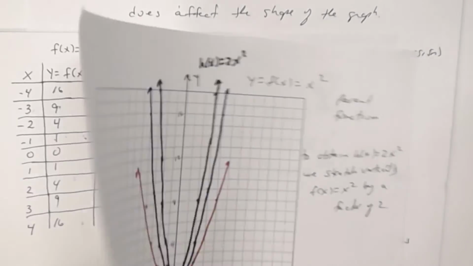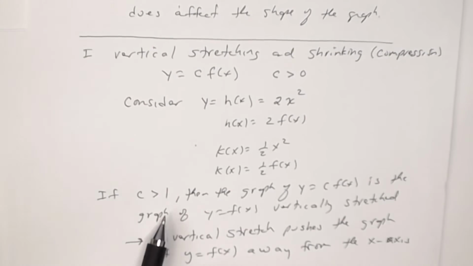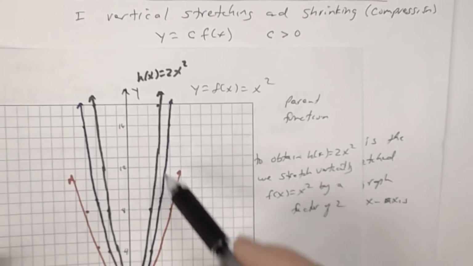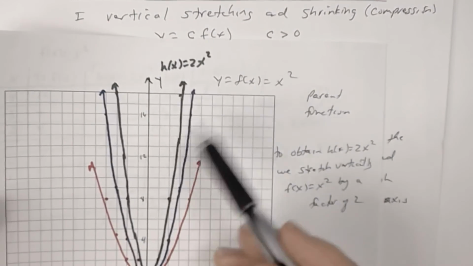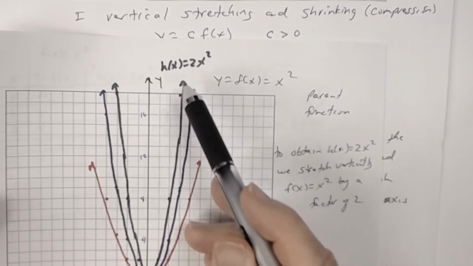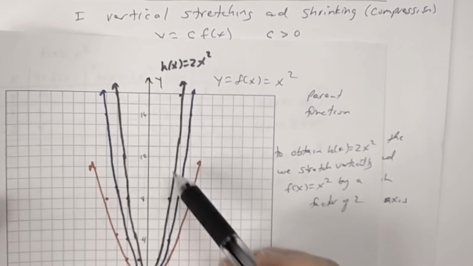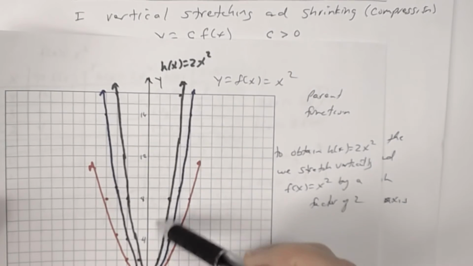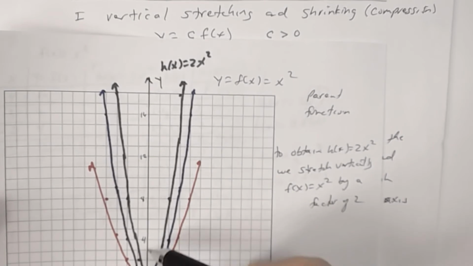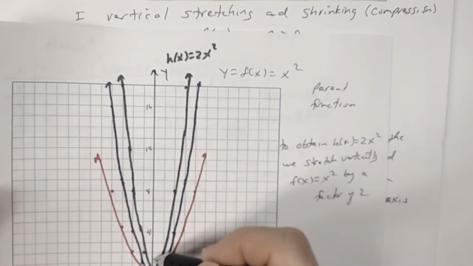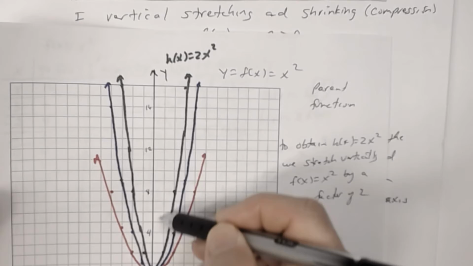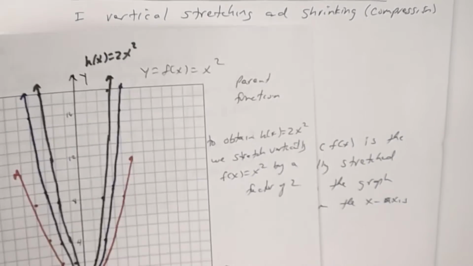Okay, so let's look at this one then. So we know what happens if c is greater than 1. So if c is greater than 1, then I take my parent function and I stretch it vertically by that factor. So the larger c becomes, the more narrower my graph looks. All right, so if c was, let's say, 5, then it would look much more narrower. See that? That's important to see. Okay. Now,